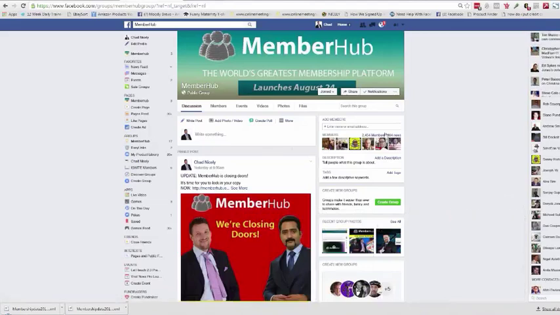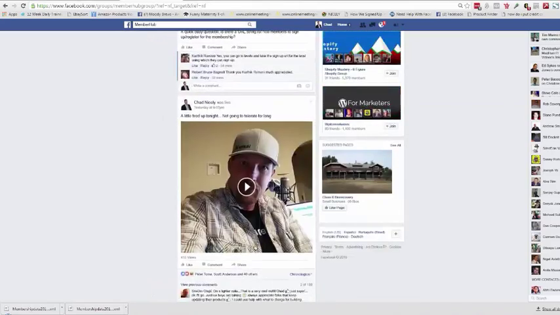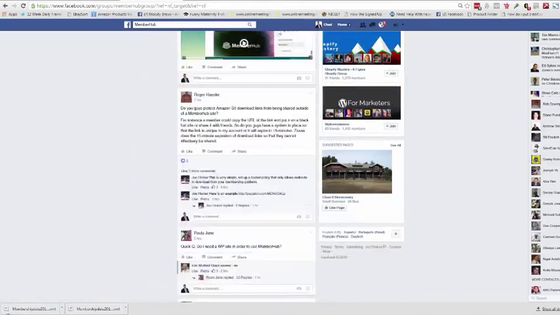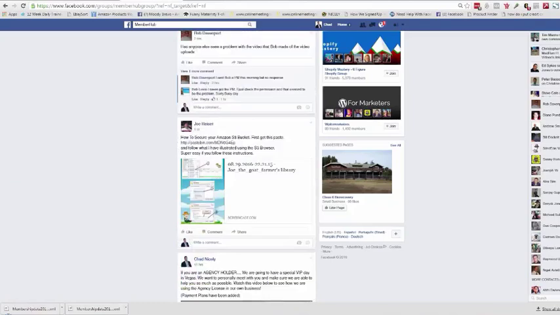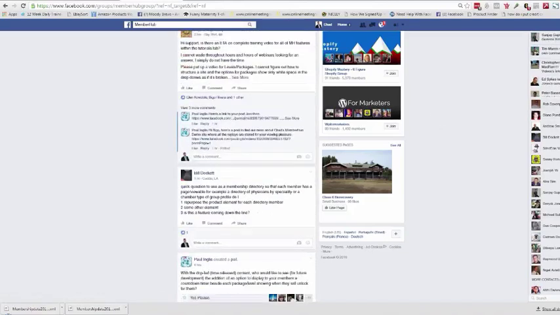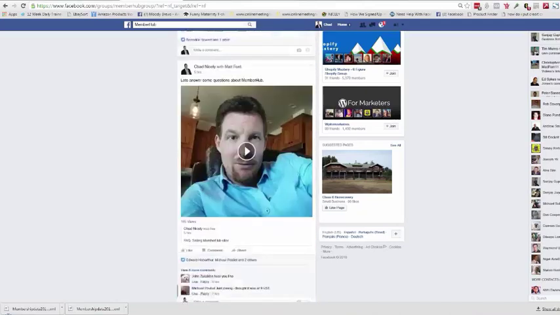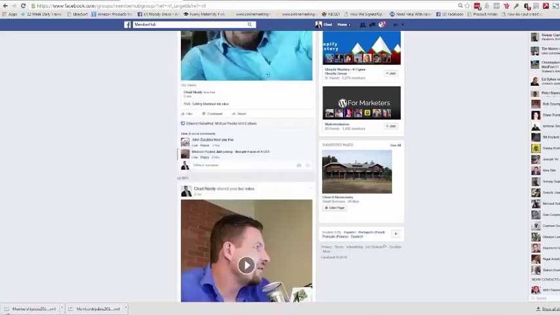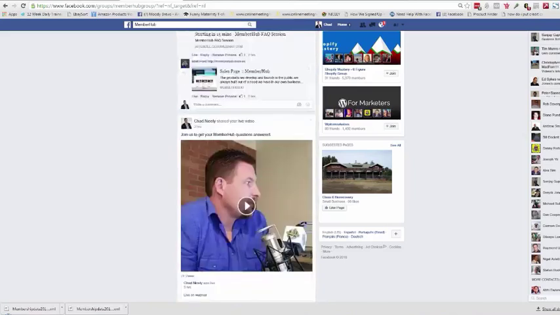Okay, so here is the group right here, and if I scroll down, you'll see that we're doing live feeds in here all the time. We're constantly talking to people. You can see that people are constantly making videos in here. We have members going live in here, and we have members teaching other members how to do things. It's just amazing. And we have tutorial videos in here. All kinds of stuff is always happening, right? I was live 5 hours ago just answering FAQs. This is how we're going to continue, even after the launch, because this is how we're going to build out phase 2. We need your help, right? So your opinion matters, okay?